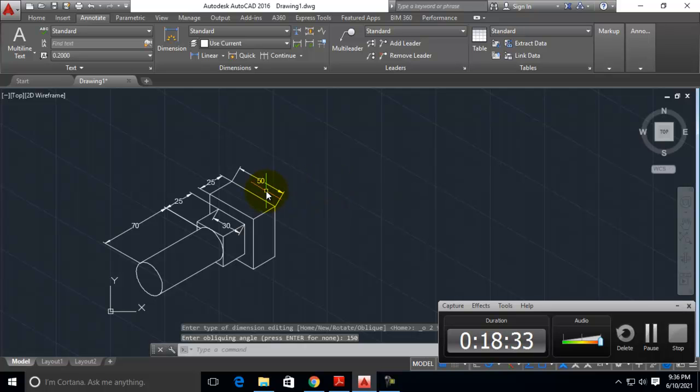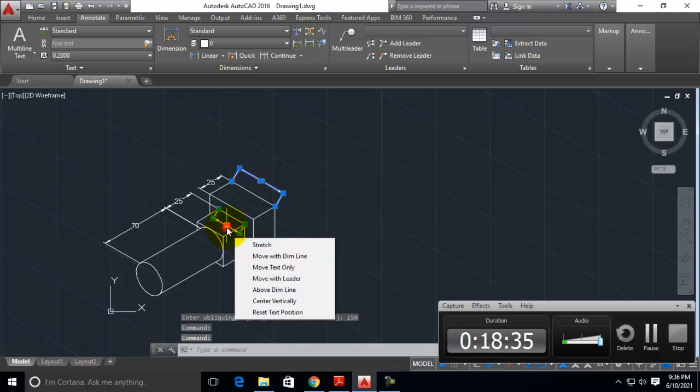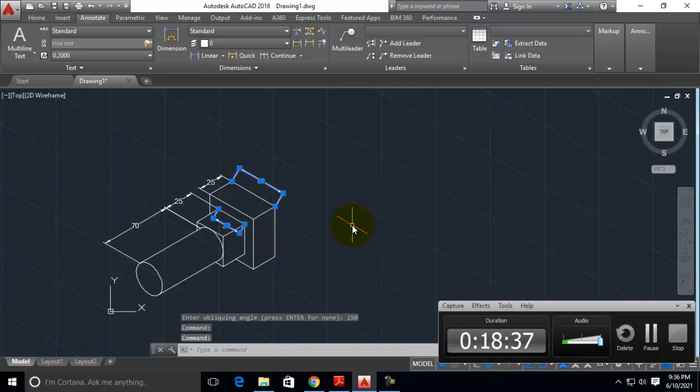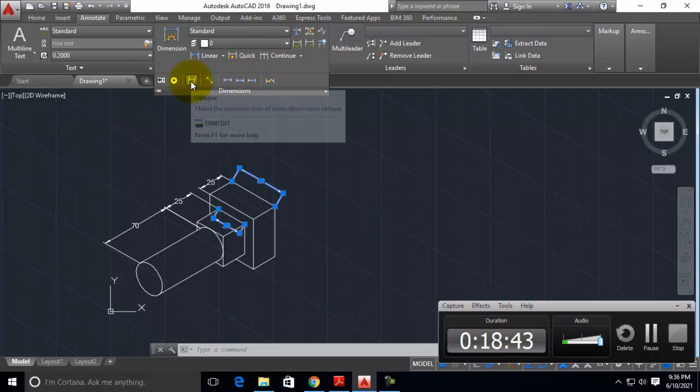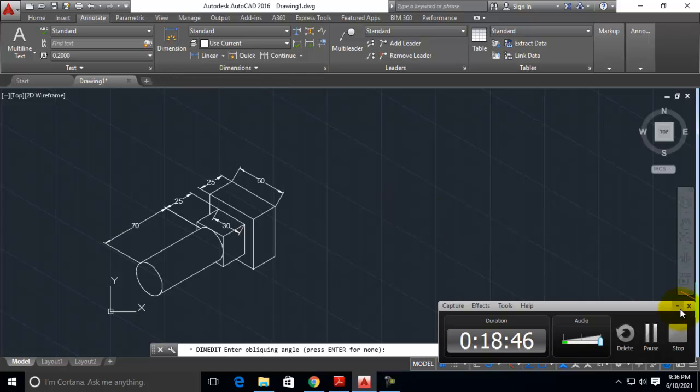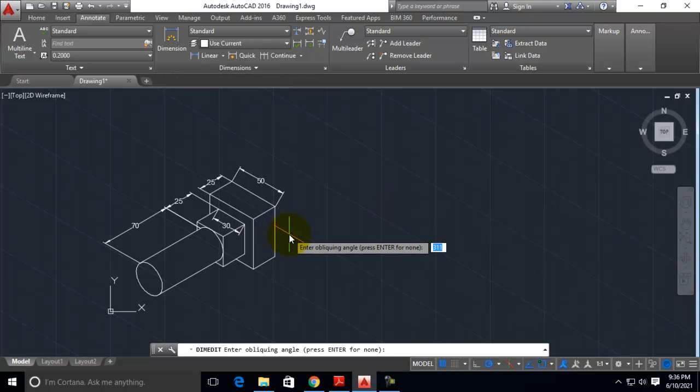It is not changing, just select them, give the angle as 1 second, I will use that command, oblique. I am entering the angle as